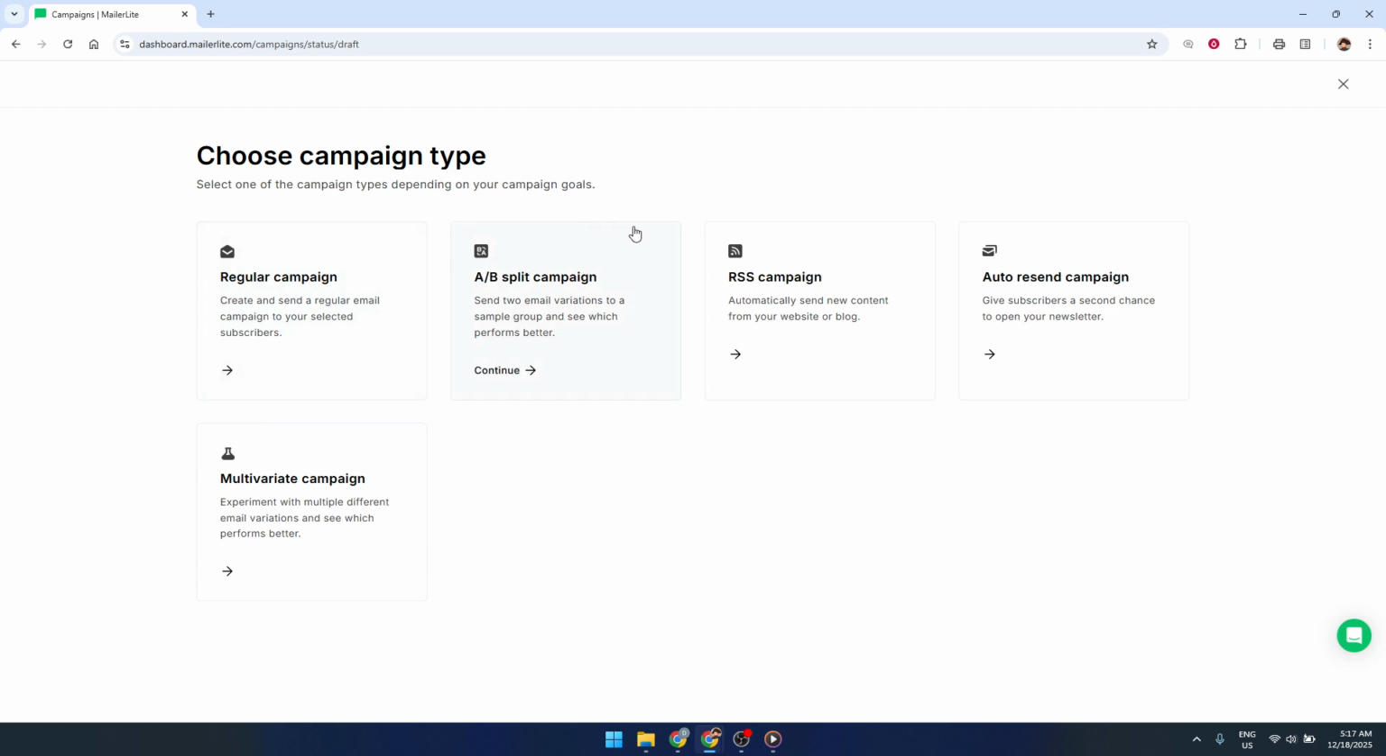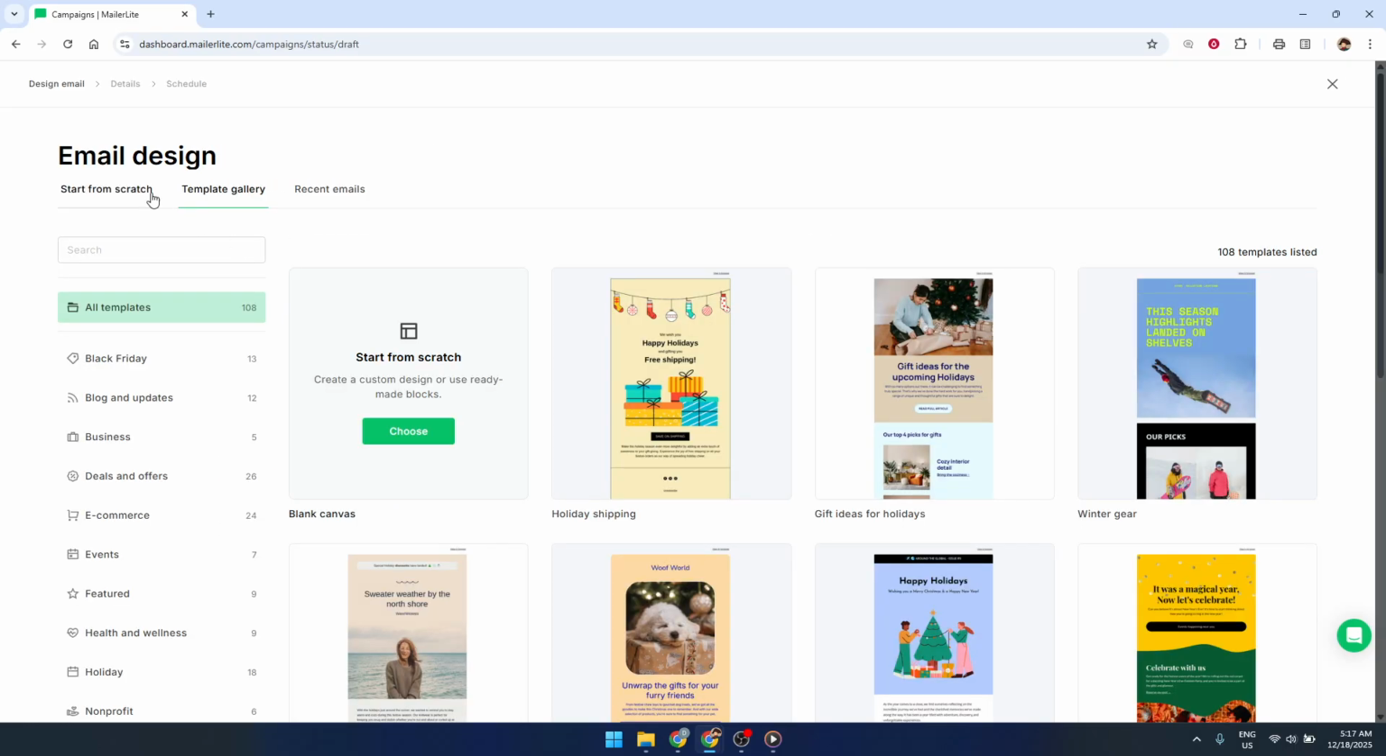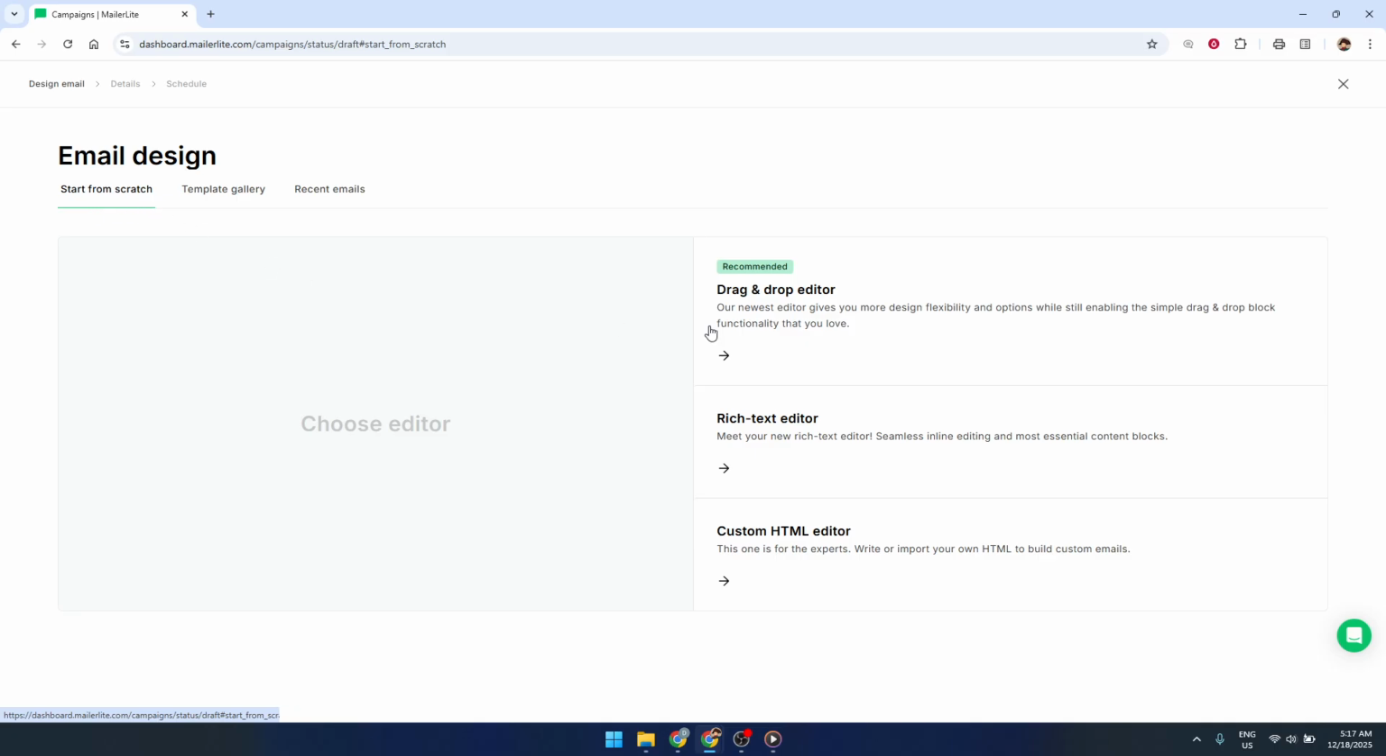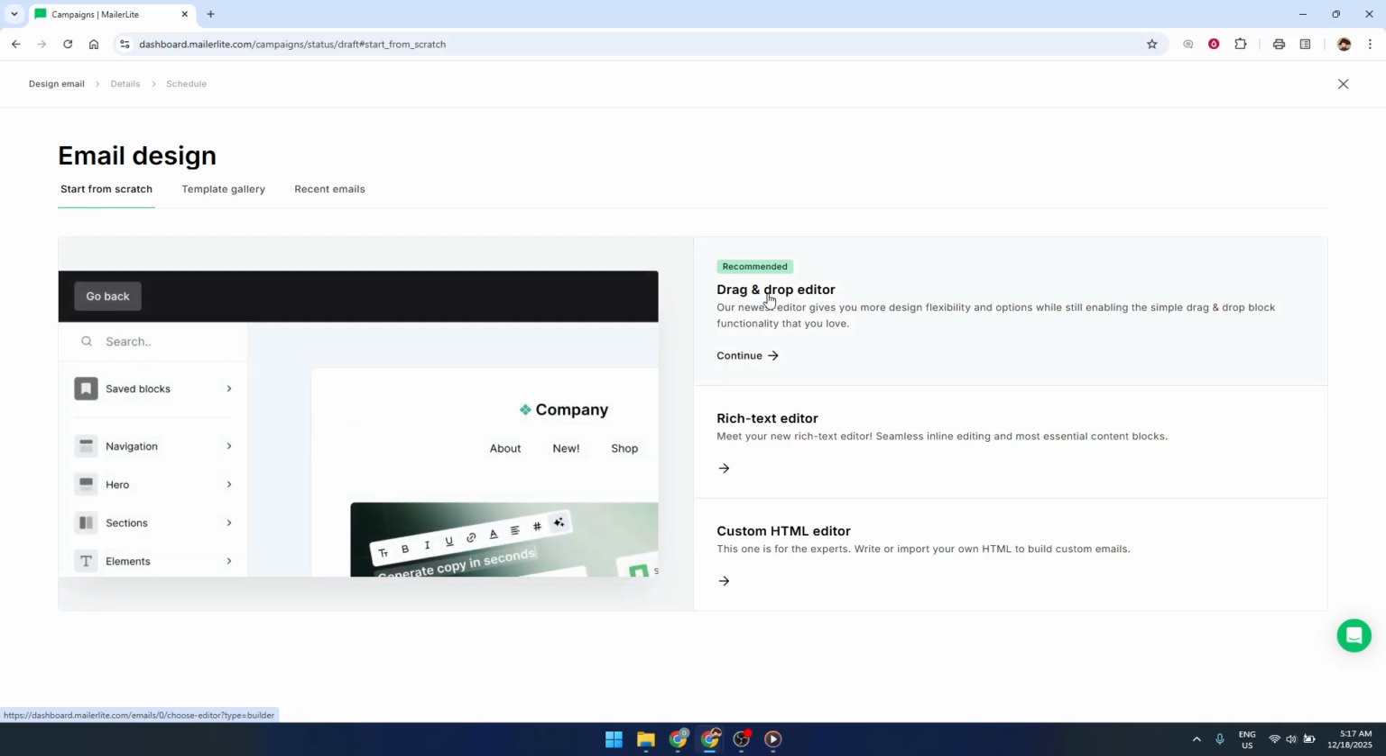Next, you'll be asked to choose your campaign type. For most situations, you'll want to select Regular Campaign, which is a standard one-time email to your subscribers. You'll also see other options like RSS Campaign, which is great if you want emails to go out automatically whenever you publish new blog posts, and A/B Split Test, which lets you test different subject lines or content to see what performs better. For now, select the option that fits your needs and then click Continue or Save and continue